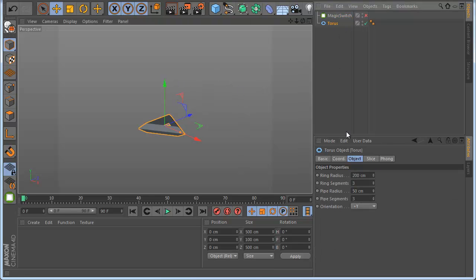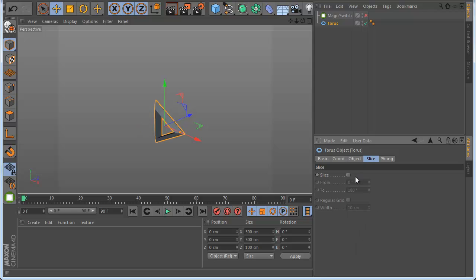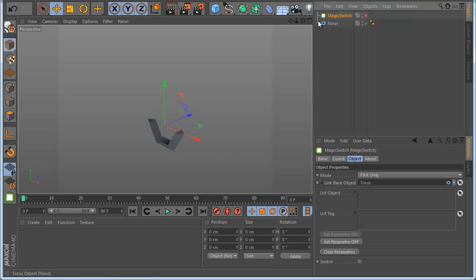So let's go here to the tools. Let's change some other parameter here, something like this. And I go to MagicSwitch and I click set parameter off. So like this it updates the new parameter. Now when I make on, I have like this torus. When I make off, I have like this. Okay, so let's keep this